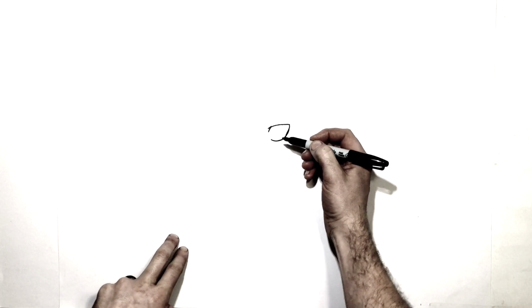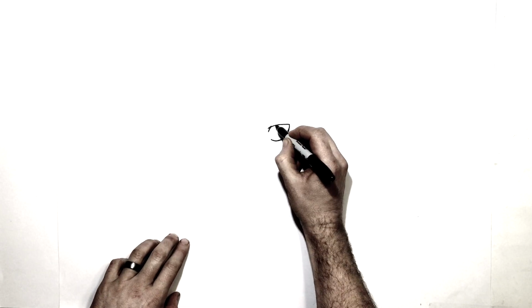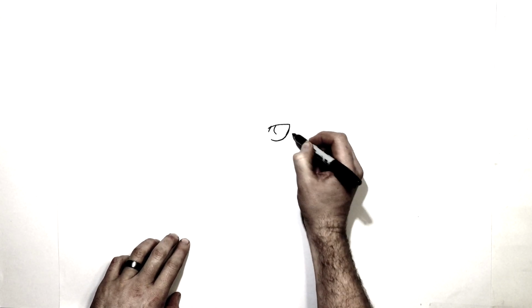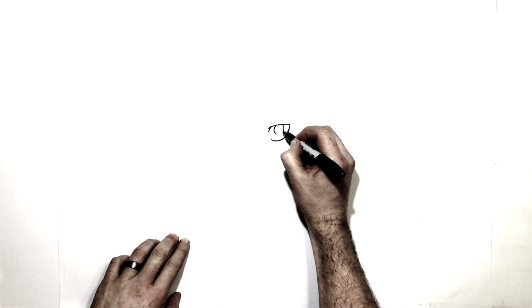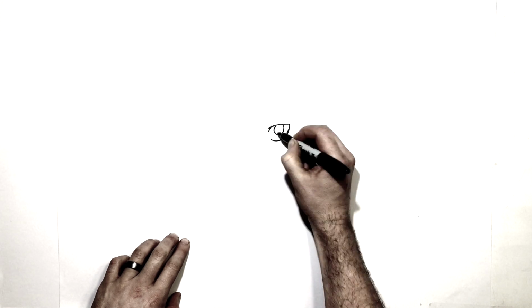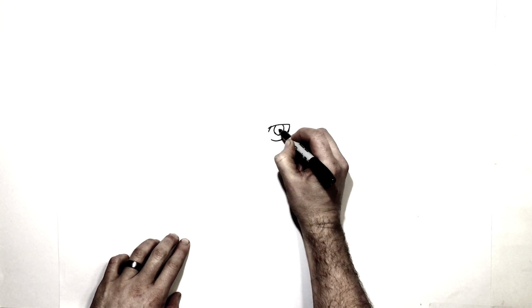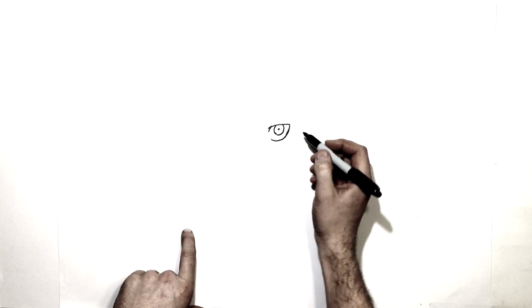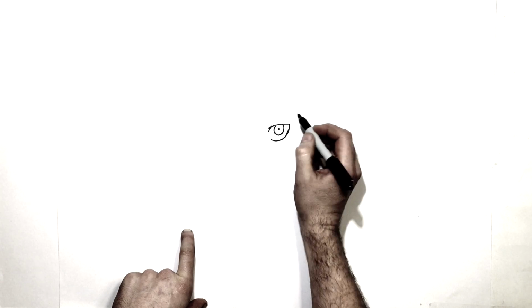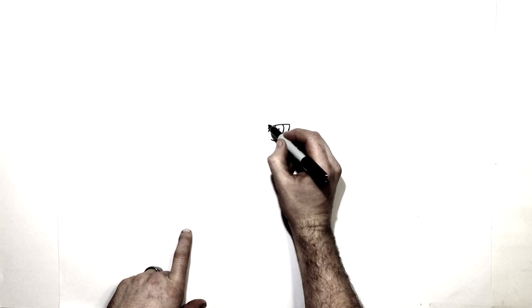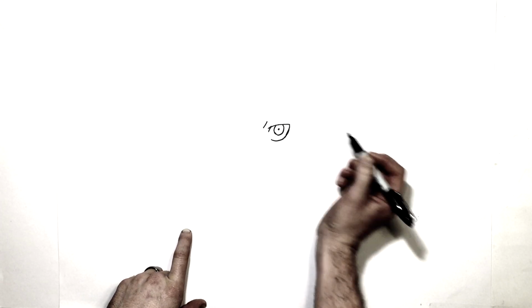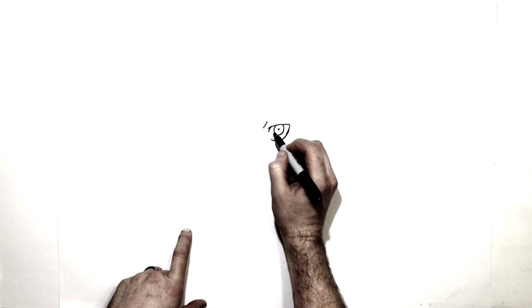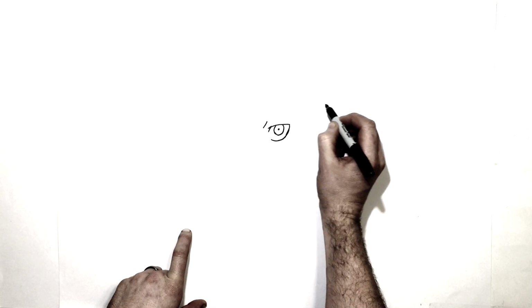In there then he has an iris, so just a circle, try and make it as circular as you can, and then a pupil right in the middle. He has a line just above that for where his eyebrow starts, so just here in the corner, and then the eyebrow comes up,